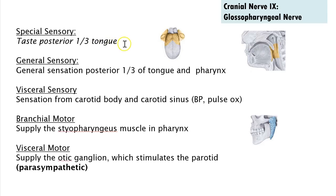So in summary with the tongue, the anterior 2/3 for taste is carried by the facial nerve. Sensation in the anterior 2/3 of the tongue is carried by the trigeminal nerve. General sensation of the posterior 1/3 of the tongue is also by the glossopharyngeal nerve. So the whole posterior 1/3 is carried by the glossopharyngeal nerve for taste and general sensation. There are visceral sensory fibers from the carotid body and carotid sinus, obviously very important for monitoring our blood pressure